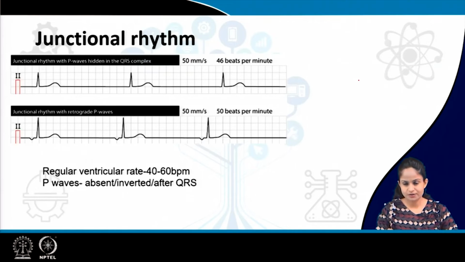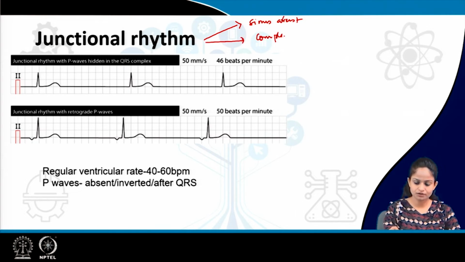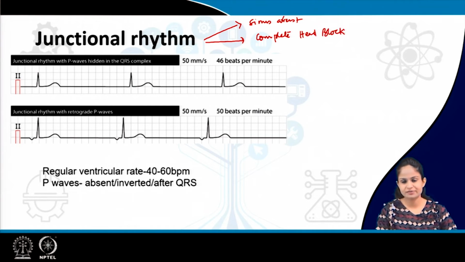Now, next we come to the junctional rhythm. Junctional rhythm usually occurs in two conditions. The first one is whenever there is sinus arrest. The second one is whenever there is complete heart block. Now, sinus arrest means there is a dysfunction or abnormality in the sinus node or sinus impulse transmission, or the SA node. So, when the impulse is not getting transmitted properly from the SA node to the AV node,